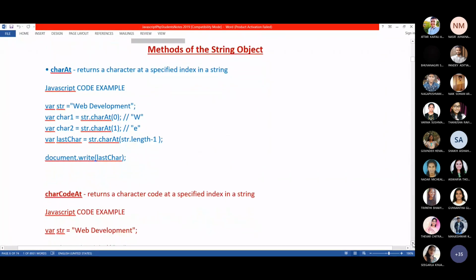Students, about the array in JavaScript, till now we have seen how to define the array in 3 different ways, and then we saw the associative array, and then the array object, and then the methods of the array object.